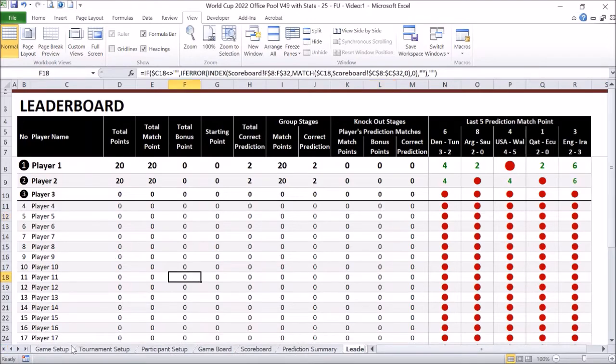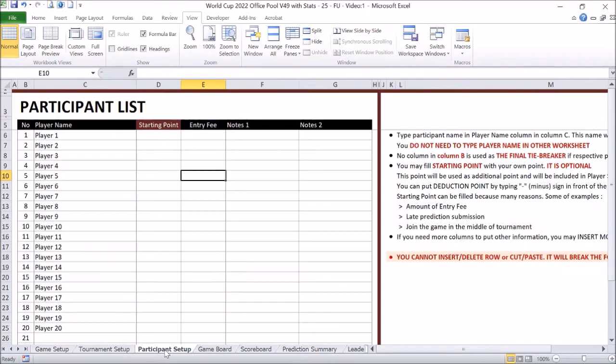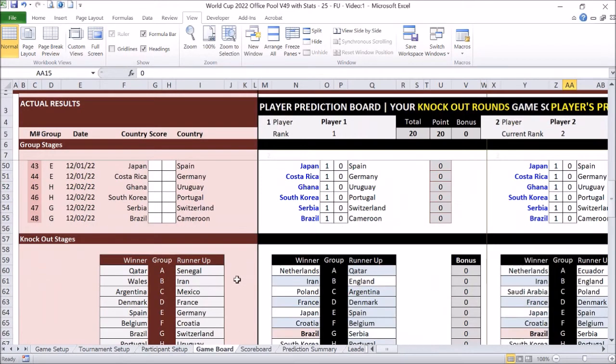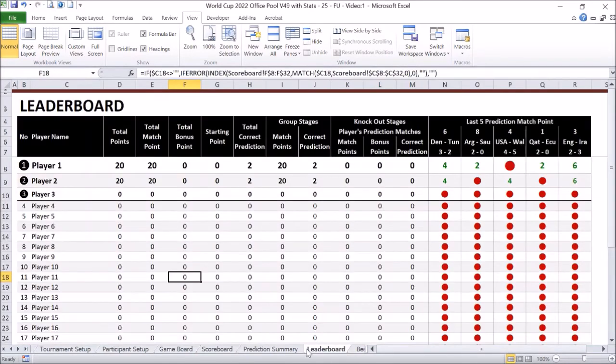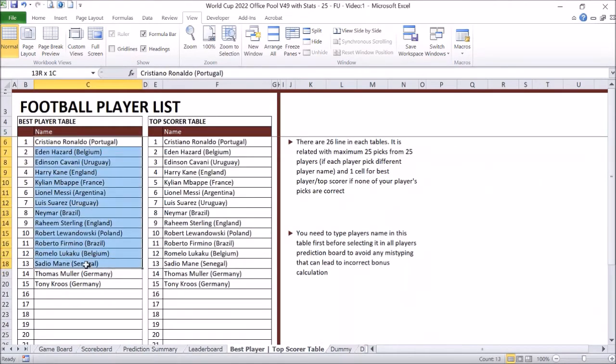Okay, and one thing that I think I forgot to inform you is that there is a field for the best player and the top scorer here. For 100 players, you need to fill up to 100 players here.